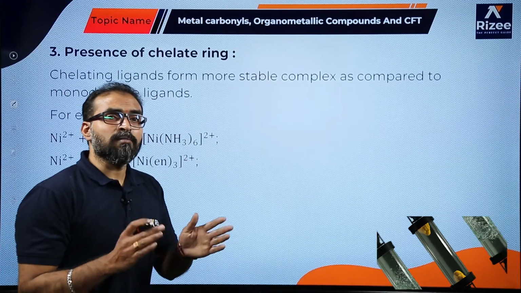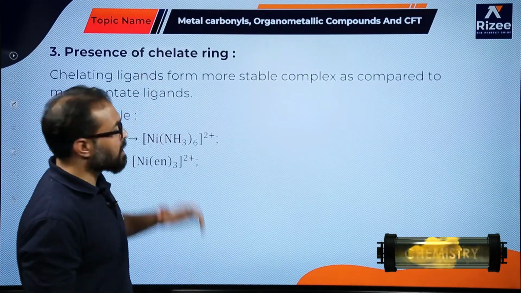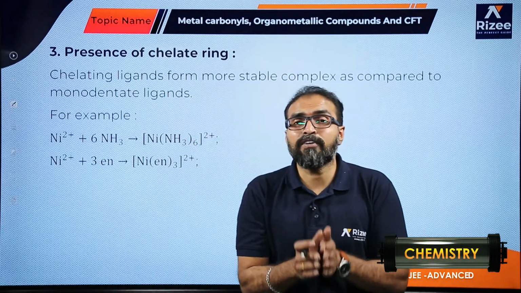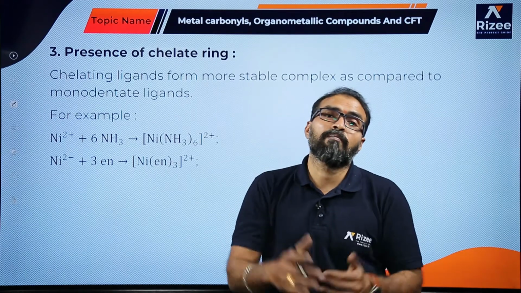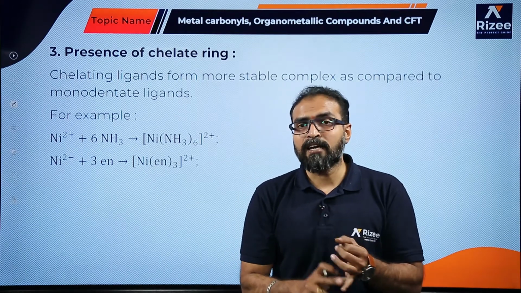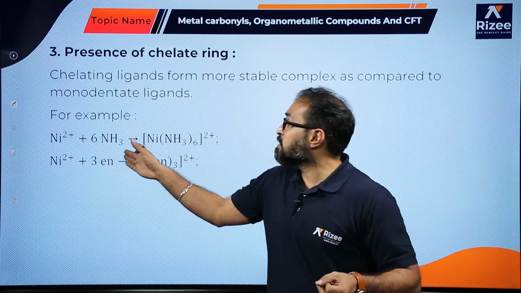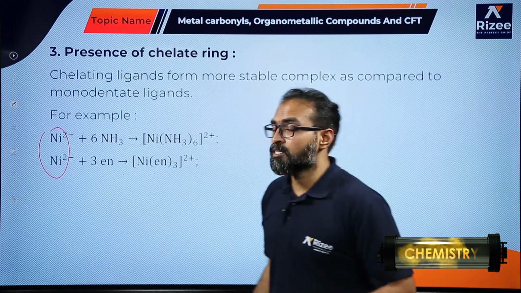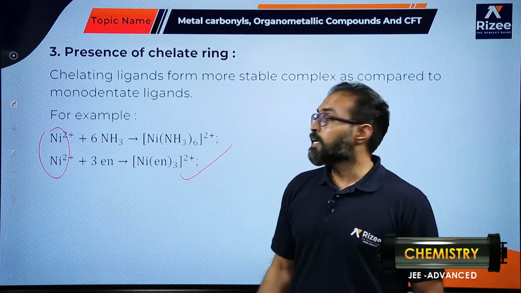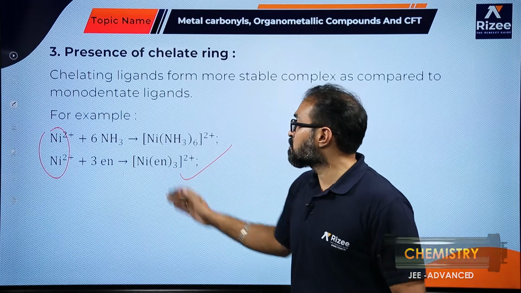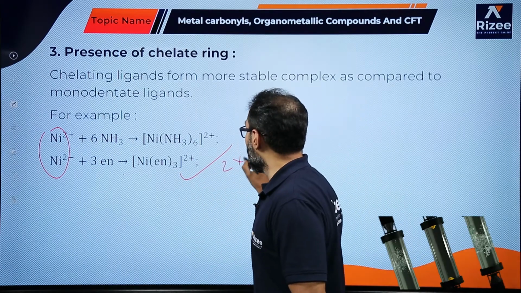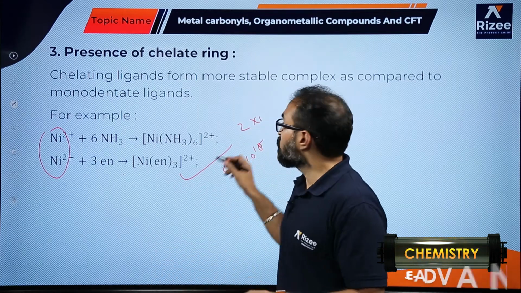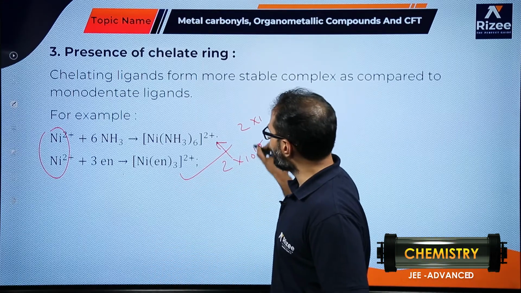Now we can see the stability of the complex depending upon the chelate ring. We already know that if a chelating ligand is present, then definitely the stability of the complex increases. For example, ethylenediamine, oxalate. See here, ethylenediamine is there. So if you are comparing these two, if they are given in the examination, definitely it is highest. It has the highest stability constant when compared to this. For example, if they give you this has 2 into 10 to the power of 18, and this has 2 into 10 to the power of, they are not mentioning, then this will definitely have a value less than this one.